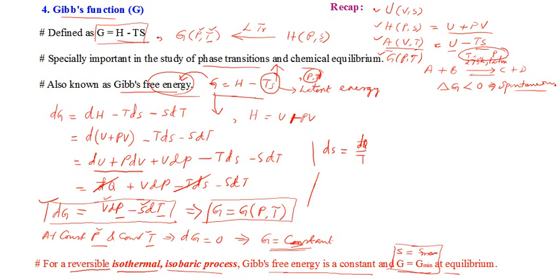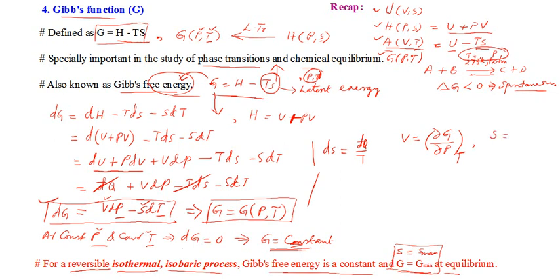So I can write V is equal to, how do you write V? Try to do this one. V is equal to ∂G with respect to ∂P, you have to use a partial derivative, keeping the other variable constant. What is the other variable? The other natural variable is T, right? And you will be getting entropy.